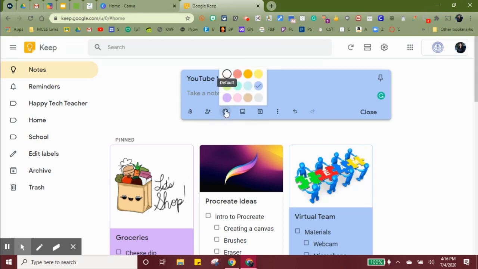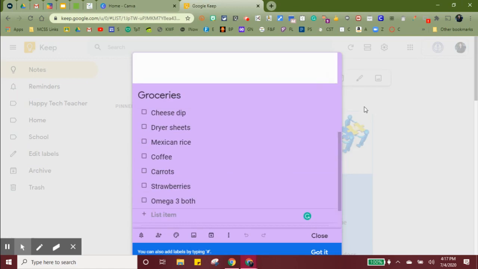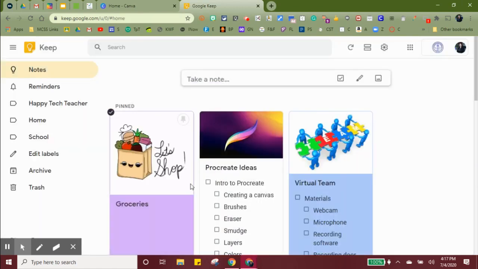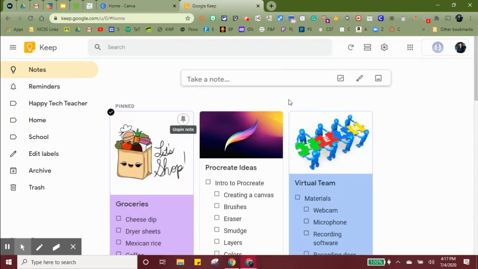And so color coding can help you identify these notes even faster. It's not necessary, but it's just a visual way of finding things faster. I can also pin it to the top, just like I had this one. I can unpin it, or I can pin it back, depending on how important I feel that it is. I can also,